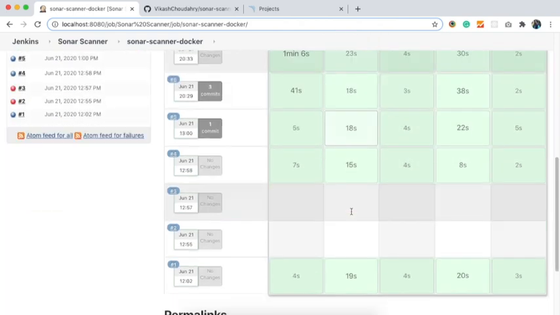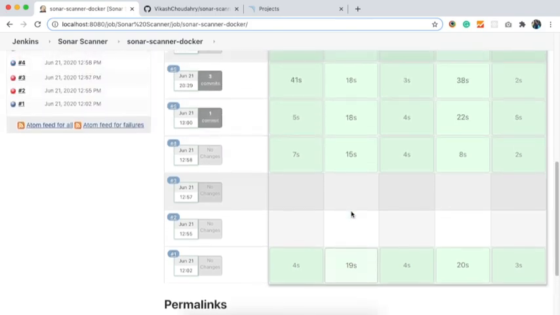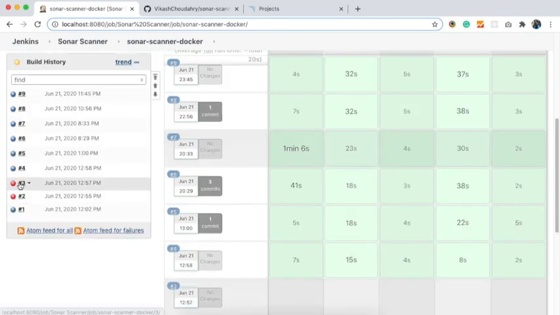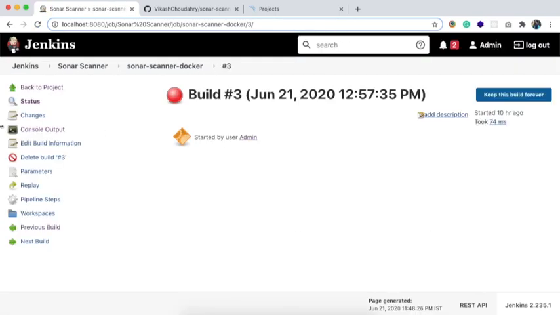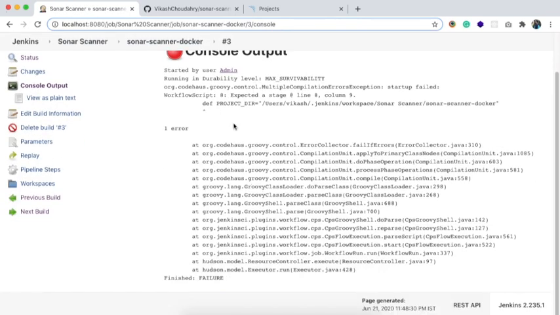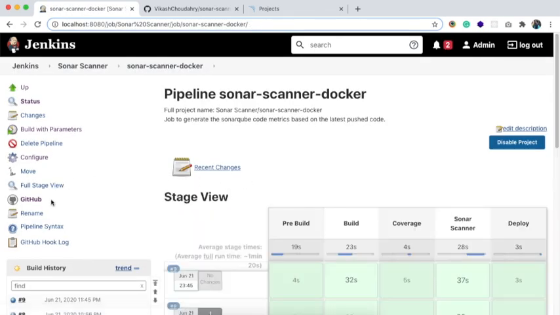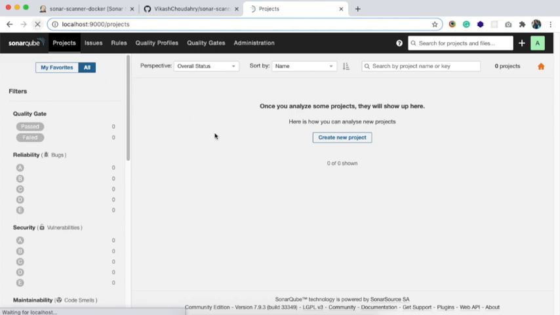If there is any failure, we'll see something like this. I think I aborted something here, but I think as part of this there was some failure. So if anything fails, you will see this kind of error message. This time the build has passed. So now if you refresh this page,